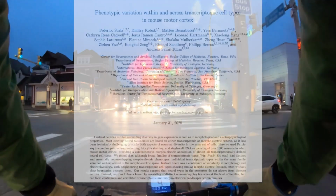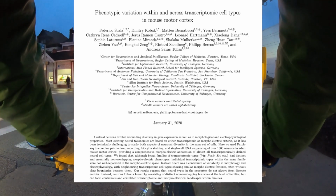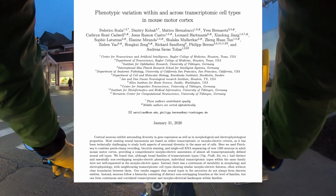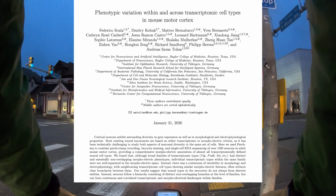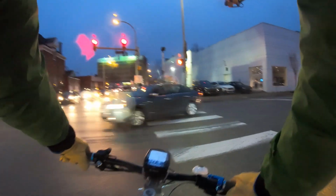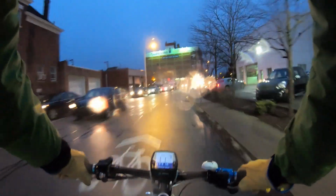So the second paper I want to mention is from Andreas Tolias' lab, where he does it in M1. He's out of Texas. And so what these guys are going to do is look at phenotypic variation between and across transcriptomic cell types in the motor cortex in particular. So the Genentech paper, the Hanson lab paper, is really doing